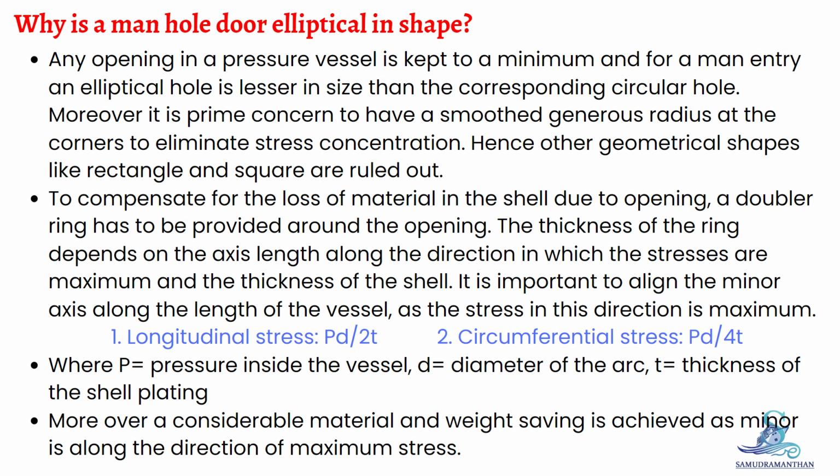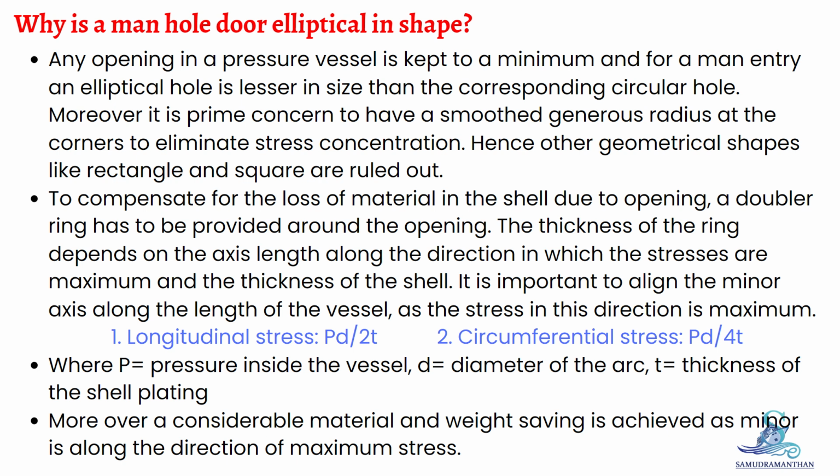To compensate for the loss of material in the shell due to the opening, a doubler ring has to be provided around the opening. The thickness of the ring depends on the axis length along the direction in which the stresses are maximum and the thickness of the shell. It is important to align the minor axis along the length of the vessel, as the stress in this direction